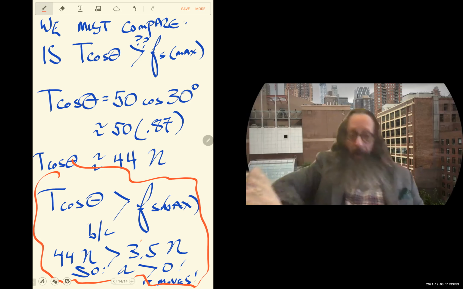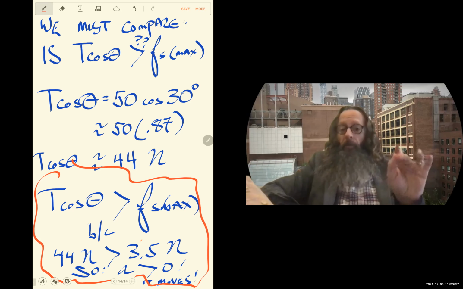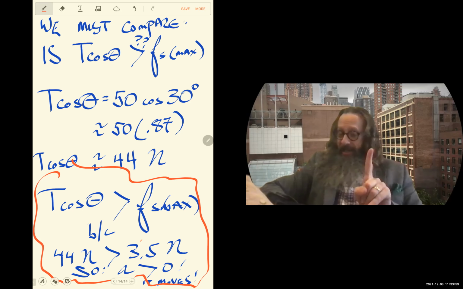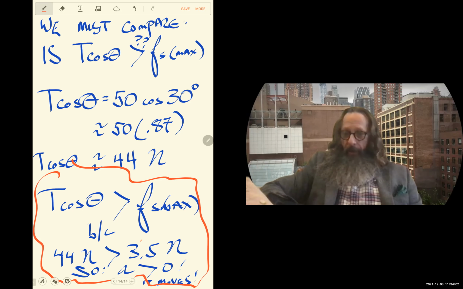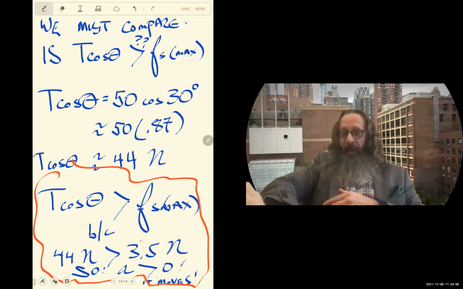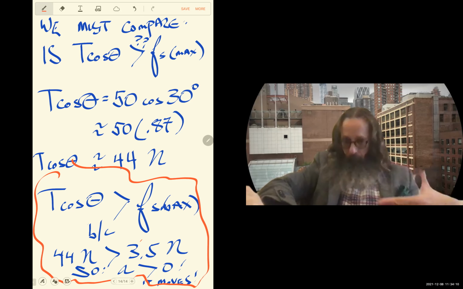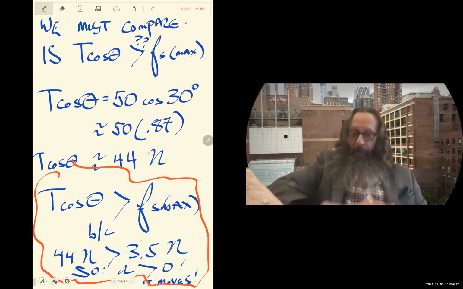And so the thing does move. It does move. A is greater than 0. Now, what is A? That is the final question of this problem. And then when we get that answer, I'm going to show you how to relate this all to the inclined plane of your final exam.